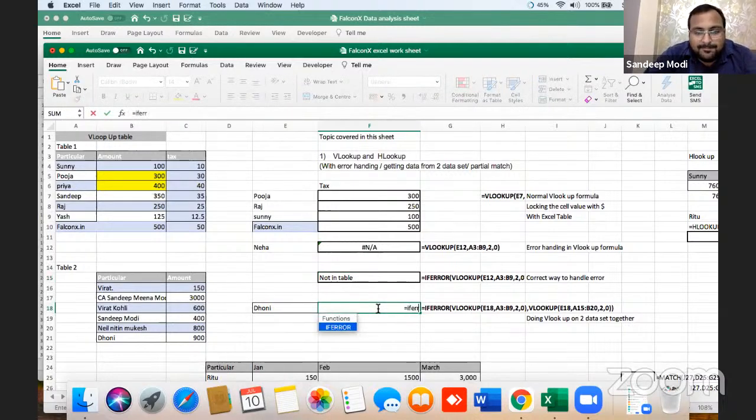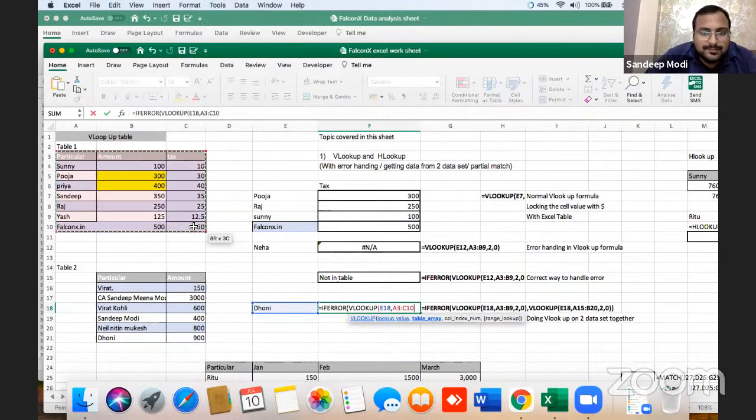If error, VLOOKUP Dhoni, second, 0, enter. This is finding the value of Dhoni in the first table. Now for finding the value of Dhoni in the second table, comma, value if error, VLOOKUP